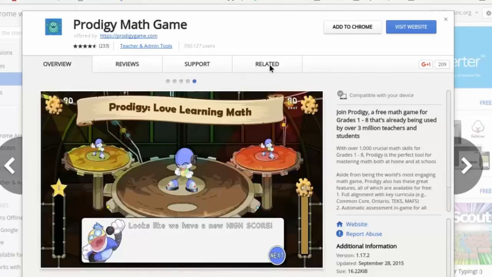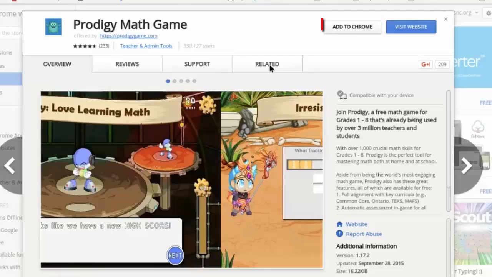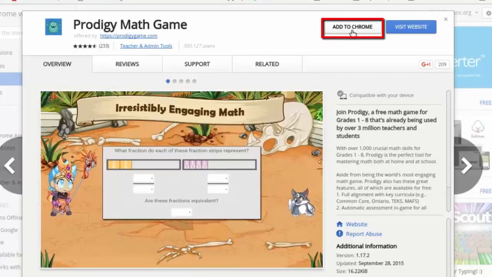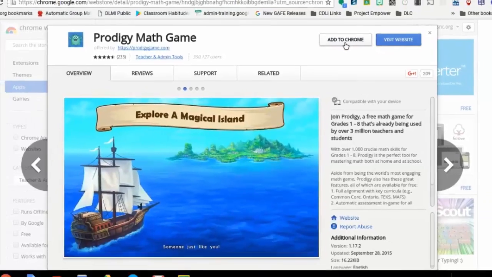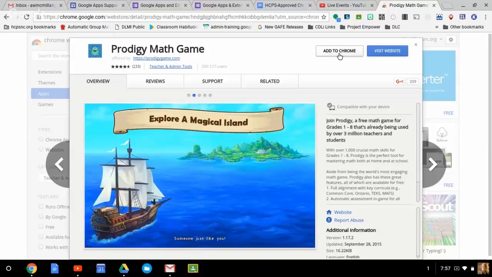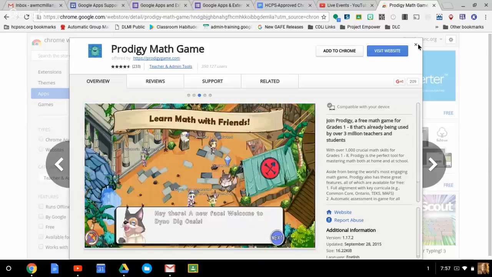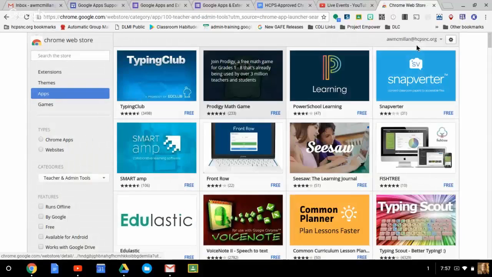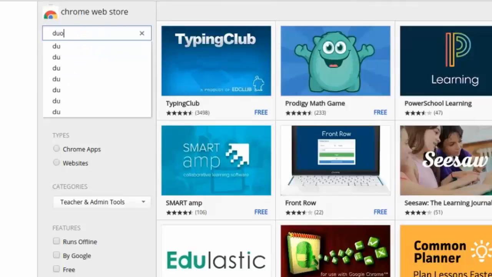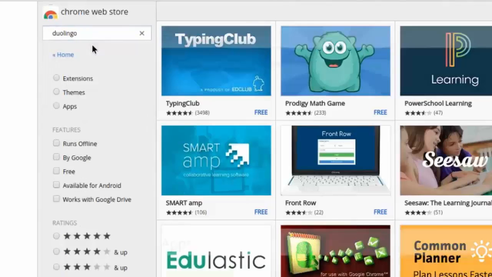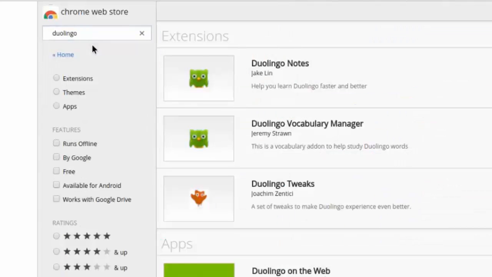Now, once you've looked at this application, and if this is something that you like, you can click Add to Chrome. So Add to Chrome is going to actually add it to my application launcher if it's an app. So I'm going to close this for a minute, though, because I want to show you how to search for an application in your Chrome Web Store. I'm going to go up to the top, and I know there is an app that I want to try called Duolingo. So I can search for Duolingo,